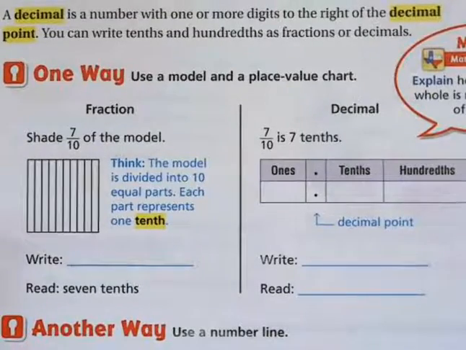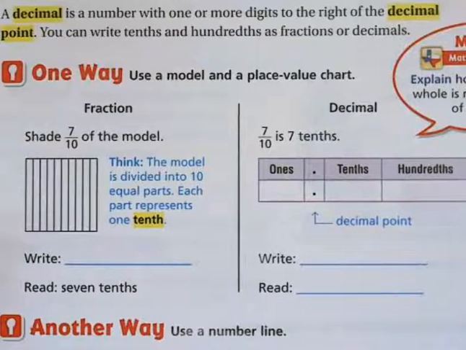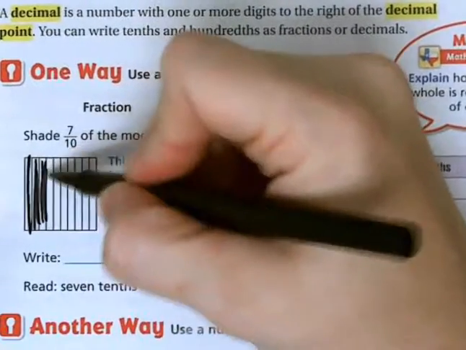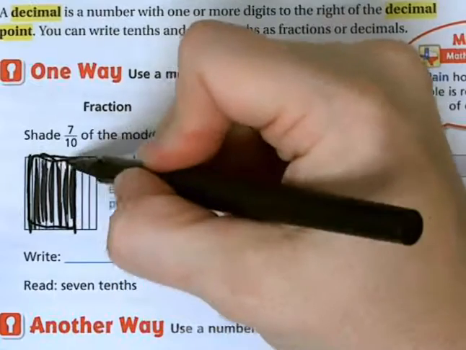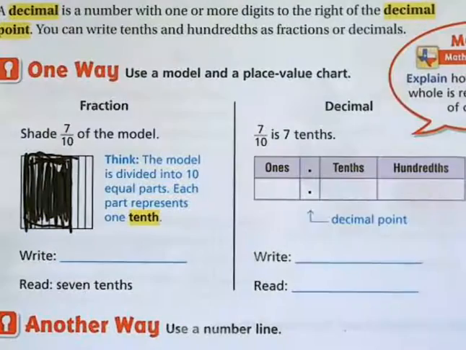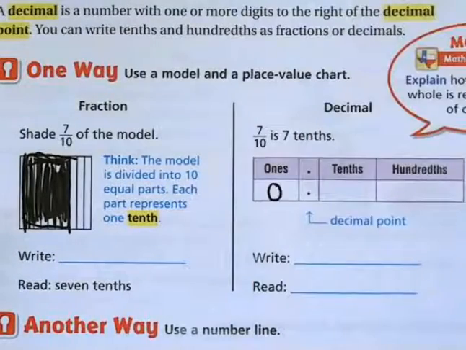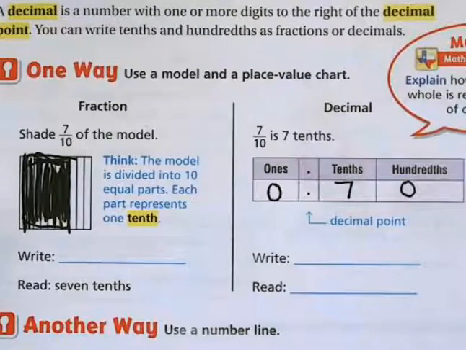Okay, so if we are using decimals, remember those are fractions of a number. So let's practice. This says shade 7/10. So this is one whole, and each of these is a tenth. So I'm going to shade in 1, 2, 3, 4, 5, 6, 7 of these, and then 3 of them will be unshaded, right? Okay. If we're going to fill it into a place value chart, there's no ones, so 0 ones and 7 tenths. How many hundredths? None in this one. Okay, so 7